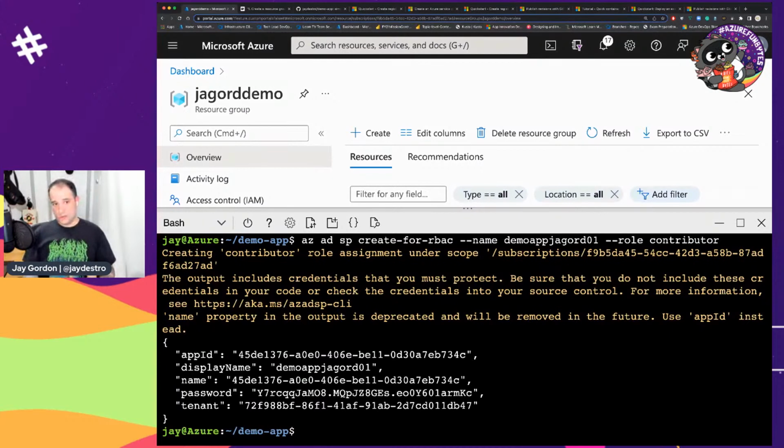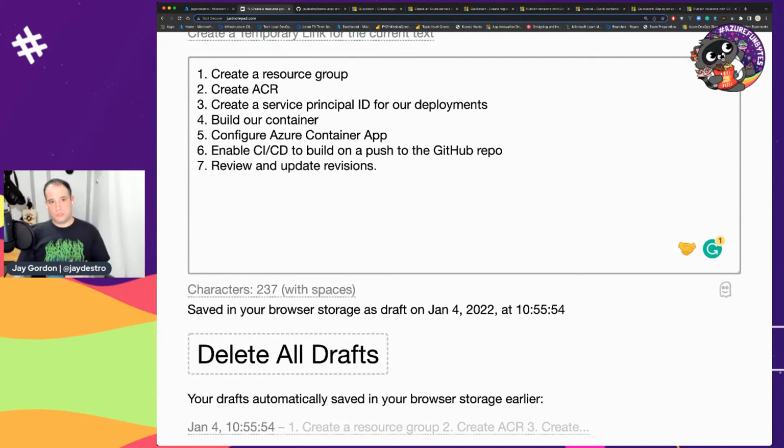All right. So I know it's a little more information than just building a container, but we need to be able to configure CI/CD. And in order to do that CI/CD creation, we need some credentials to be able to set up an authentication trust between GitHub Actions on my GitHub account and here in Azure. So, all right, we created our service principal, and now we want to build the actual container that we're going